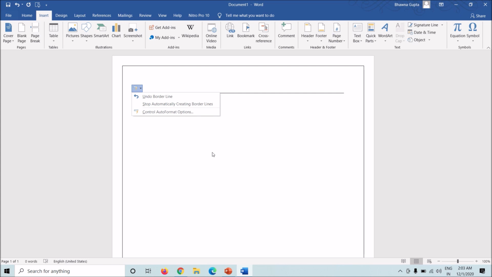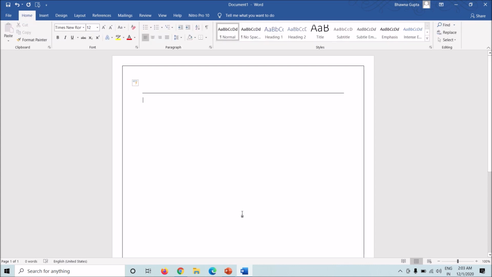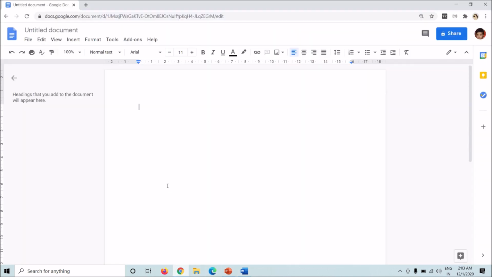You can also change it to under border line or redo border line. It's up to you. Similarly, the line can be added in Docs as well. In Docs, you do not have the option to add a line through hyphens.